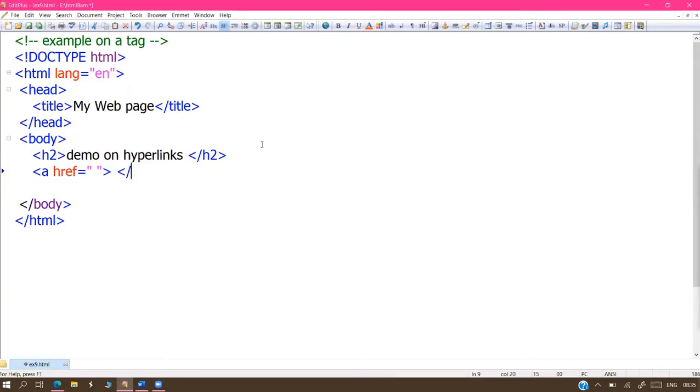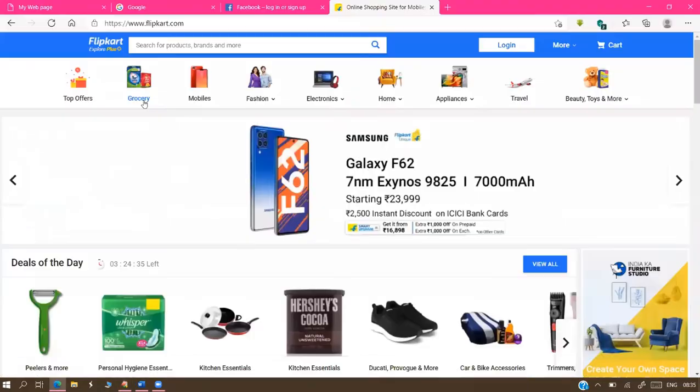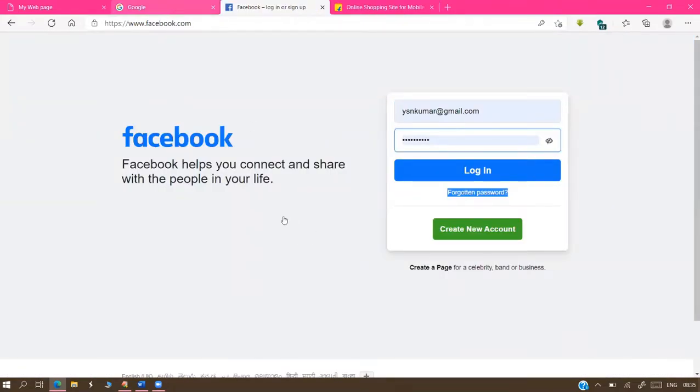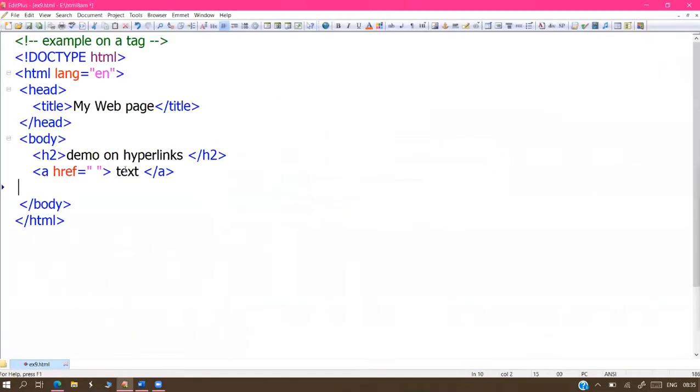So this is anchor tag designing. Between these two anchor tags, we have to type some text. What is this text? The display text. What we type here is what appears here. If it is groceries, groceries should be typed there. Or here we have forget password, this forget password should be typed there. Or some language names, those we have to type. Exactly what you type here is displayed 100% as it is on the screen.